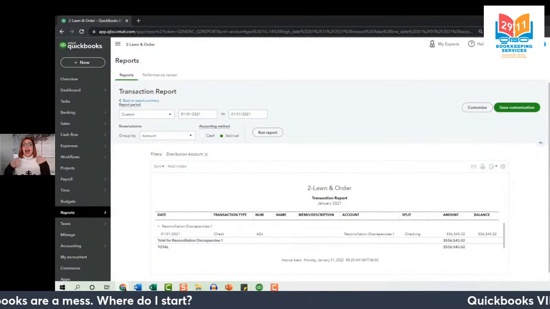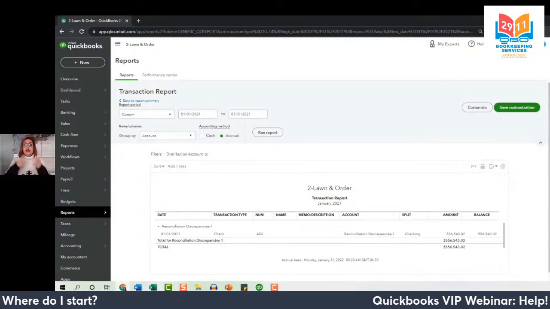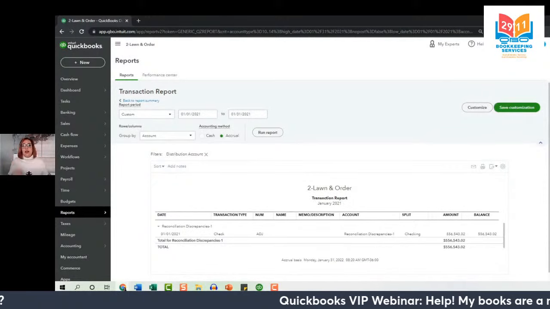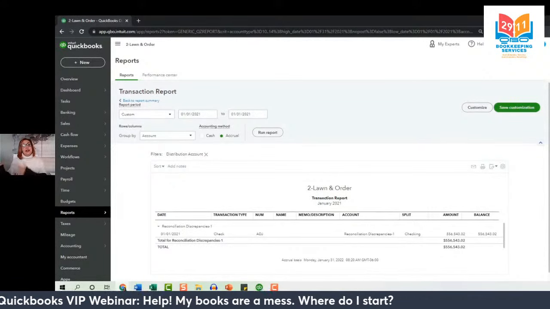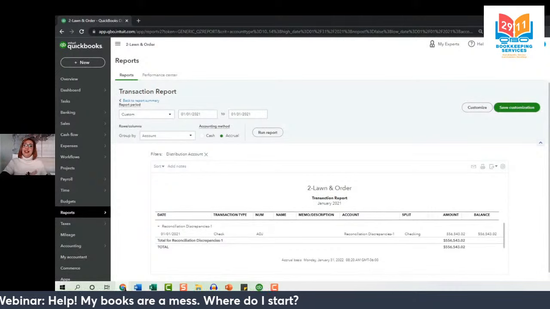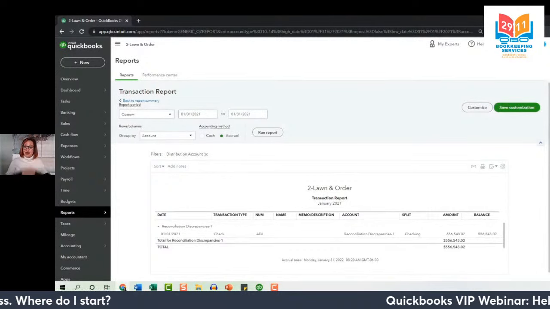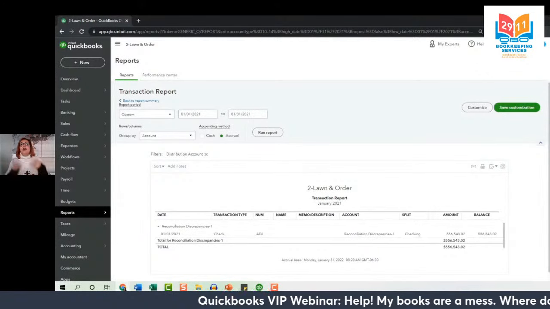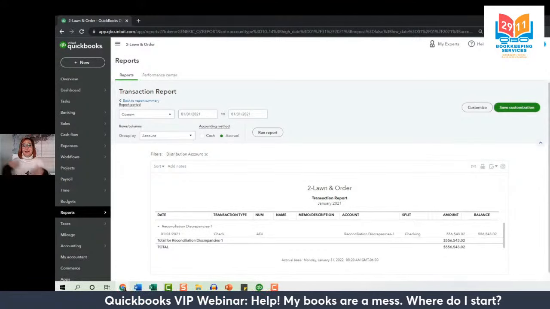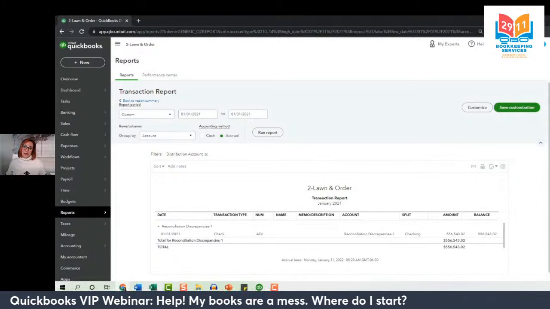So say, I think I need to create an adjustment as of January 1st of 2021 because we've already filed taxes for 2020 and I need to clean things up going forward. And we can take a look at your books and confirm, yep, that's exactly what you need to do, or tell you a different course of action. So you've got the VIP Q&As. They are daily, every business day. So please don't hesitate to use them and just double check what you're doing along the way.